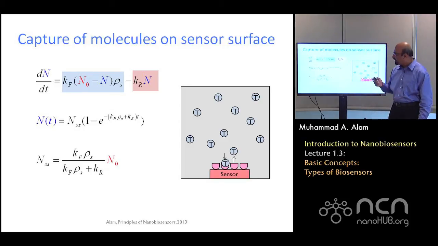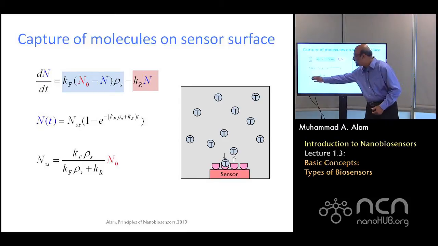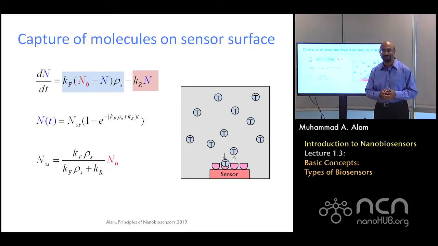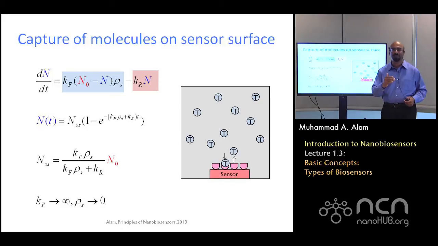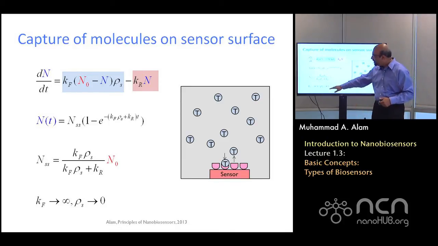But one thing I want to emphasize in this expression is that NSS, the steady state, is a finite number. So if you have a sensor surface which is very sticky, and once the particle comes in, it never lets it go, in that case, Kf is infinity. If Kf is infinity, meaning it's infinitely fast, then if this has to be finite, the only way it can be finite is rho s equal to 0, which means that close to the sensor surface, there's no free molecule. Everybody who is coming in is immediately being caught. I will use this simplification often, especially for DNA capture, so I wanted to show you here as a part of the capture equation.